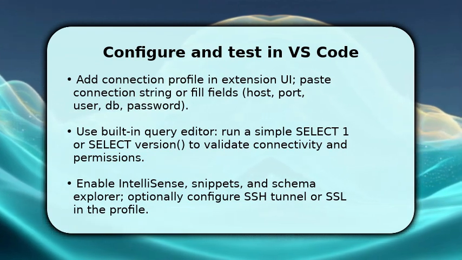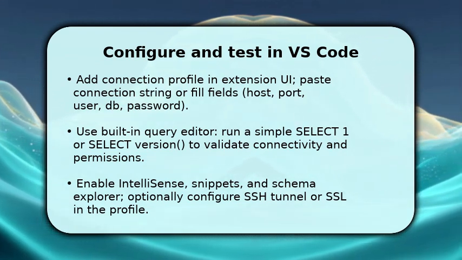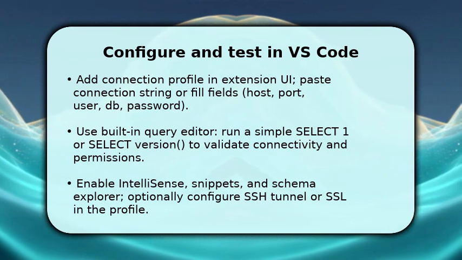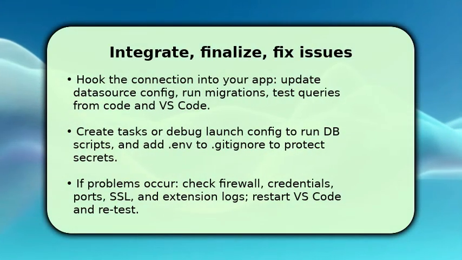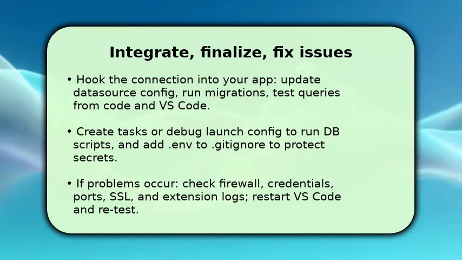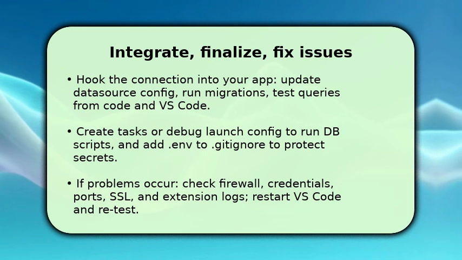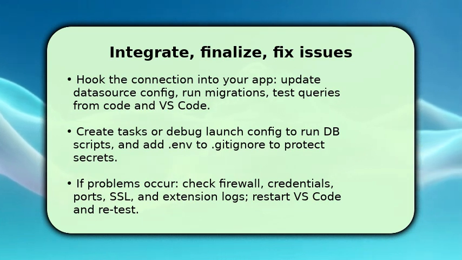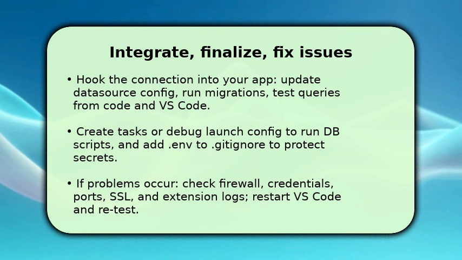Finish by integrating the connected database into your project. Update your app's data source or ORM config, run migrations, and test both application queries and manual queries from VS Code. Create tasks or a debug launch configuration to automate common scripts and ensure env is ignored in version control